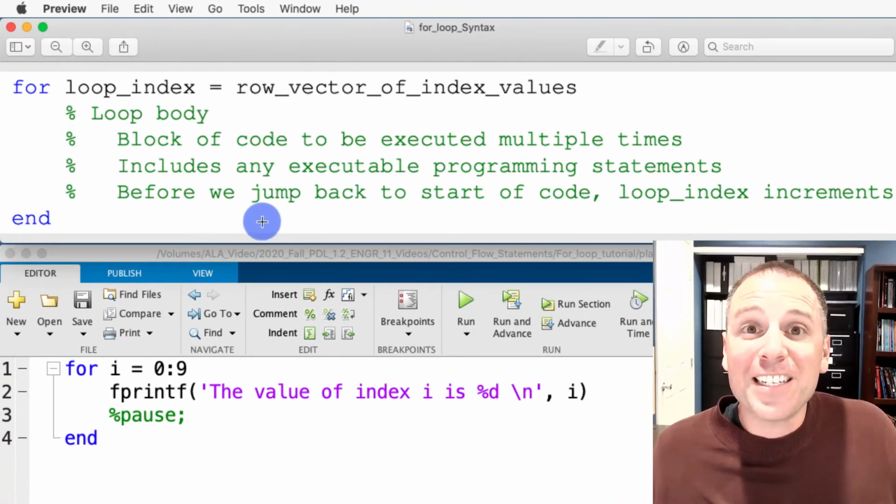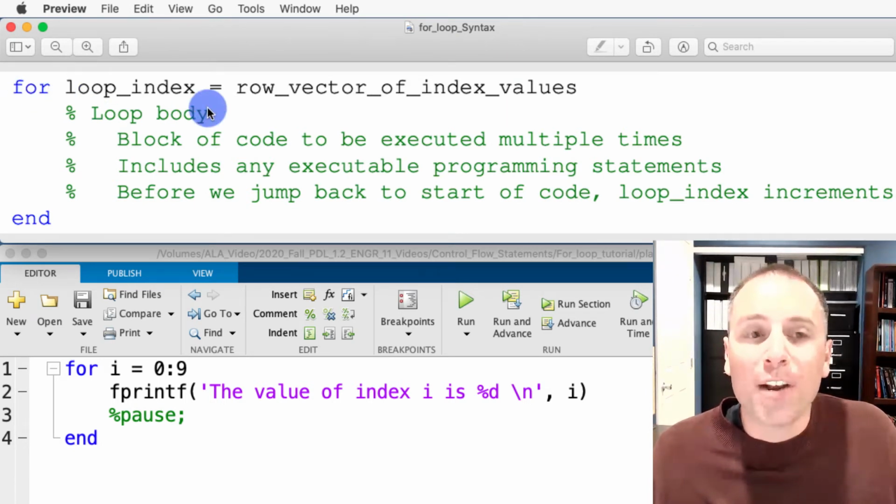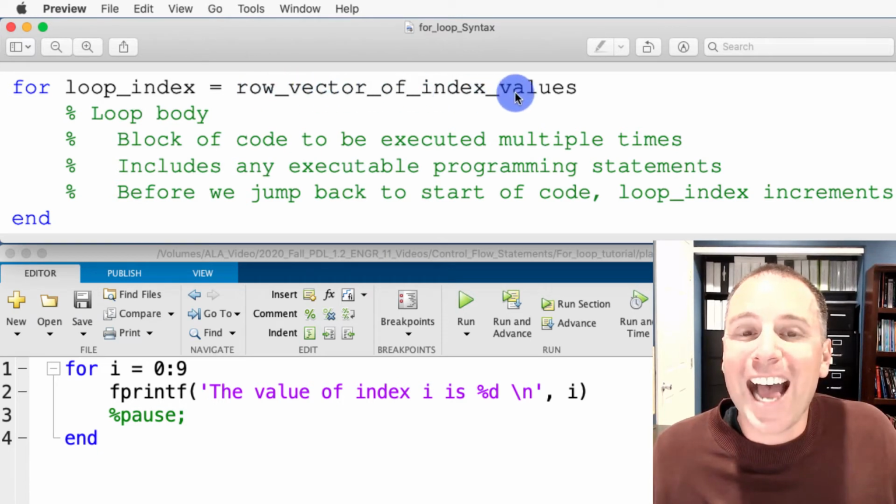Now that we've seen this example in action, let's return to our general discussion of the syntax. In order to write a for loop in MATLAB, we're going to write the word for, space. We're going to define a loop index, which is a variable that is going to run through a predetermined list of values. That loop index we're going to set equal to the set of desired values, which we're going to write as a row vector.